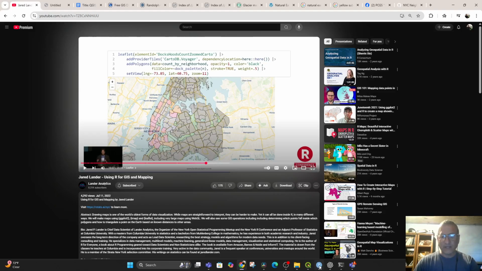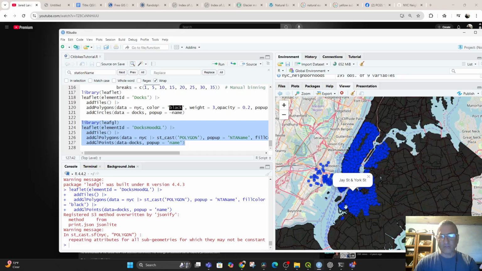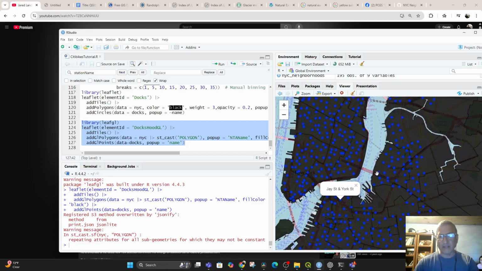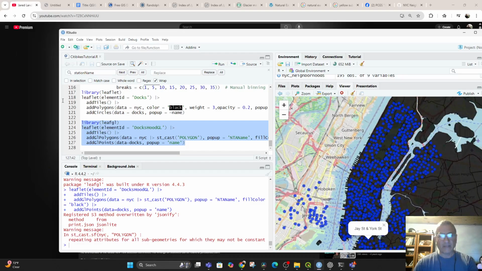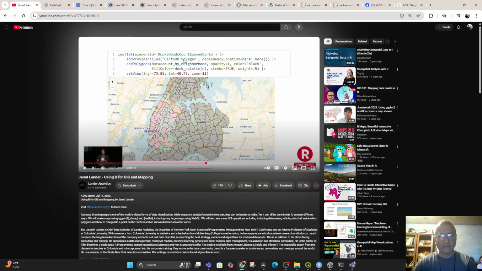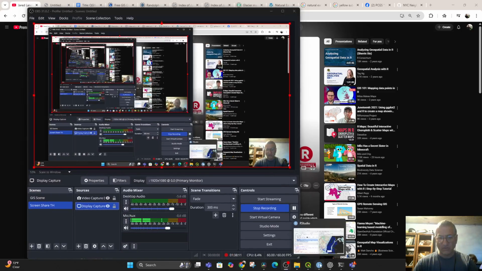So this is where we're going to end for now. There's so much more that needs to be done, that can be done. And he gets into different types of maps and ways of doing different colors. And this is only halfway through his tutorial, so that's where we will end. And so we're going to end here and wish you a very